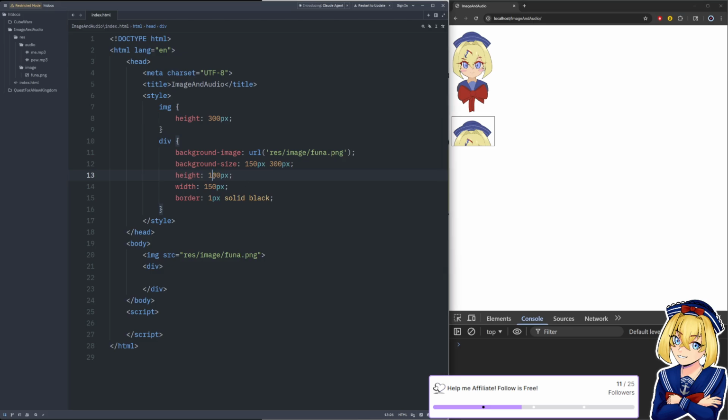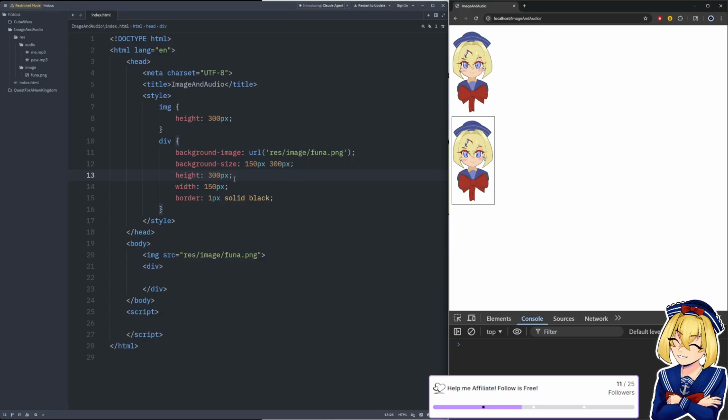So if I had a sprite sheet that was divided into 3 sections, then I could say I only want to see the top part here, right? So then I can crop it like that.